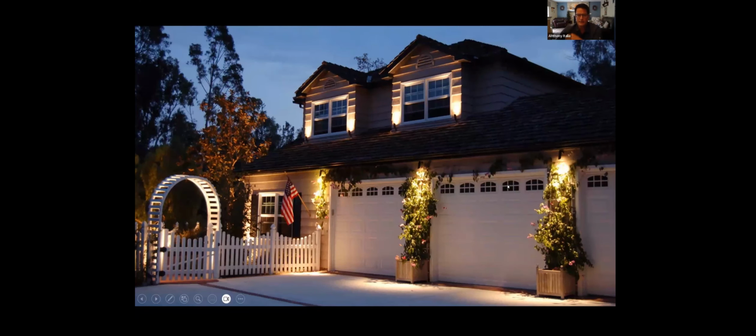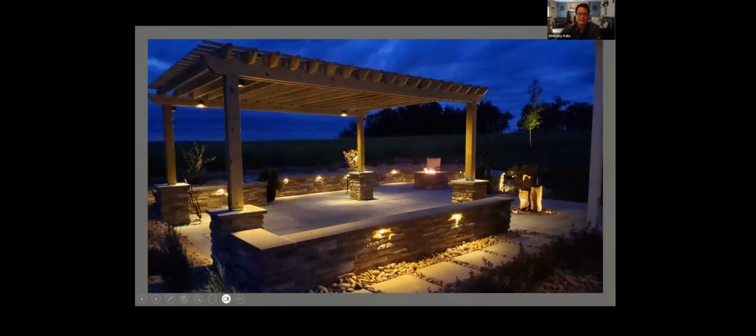Back to this, we saw examples of that. Here's a new picture. You've got to be on the mark with this. So you've got 2 choices here. If this is an area that people are going to sit and have a barbecue grill, or going to add a kitchen to it, or maybe this is not a residence. Maybe this is somewhere that people are going to get married and they have entertainment and the DJ is set up here, or the food is served here. Ask a lot of questions,